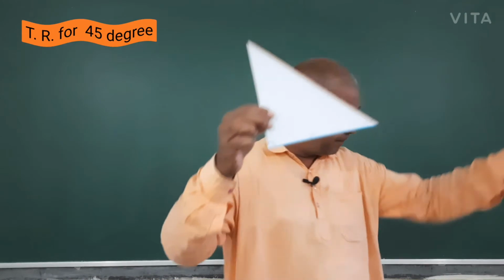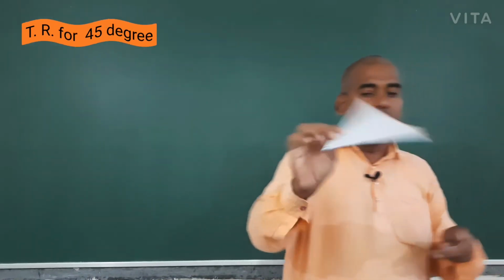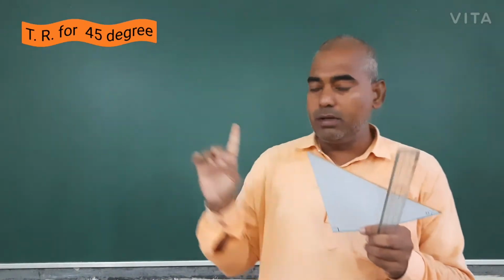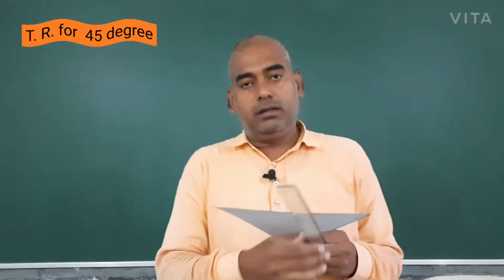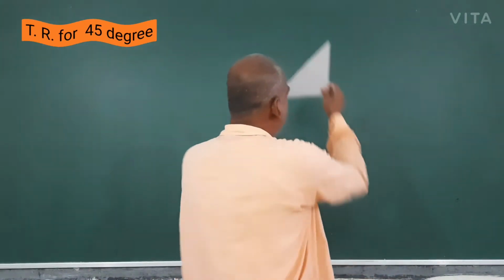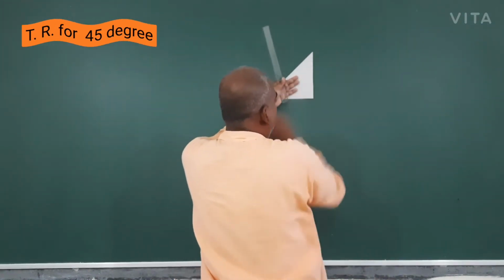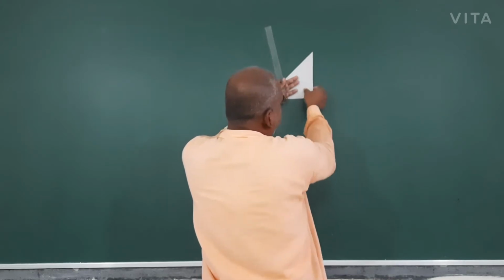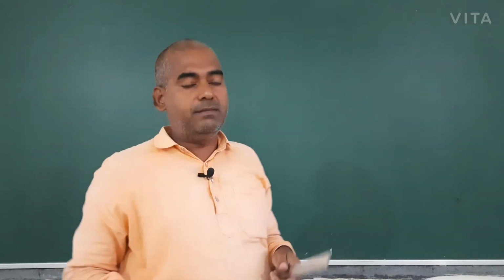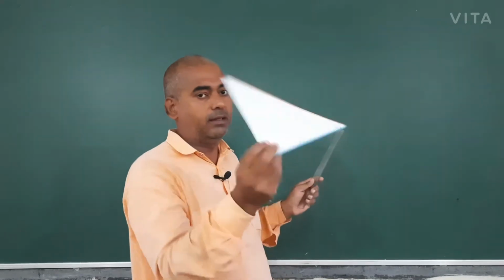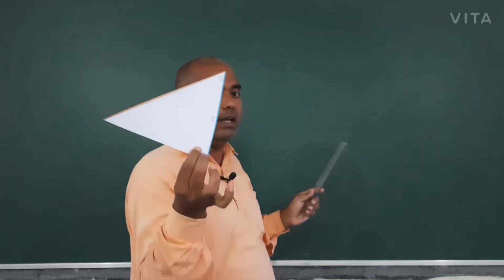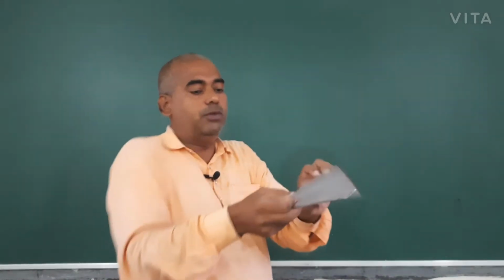For this triangle I have to draw it on the board. So one method is there, just keep it and make the line, so the angle will be drawn. But it may happen sometimes you can't do it. You can't hold your figure in your hand. So at that time you go and measure.